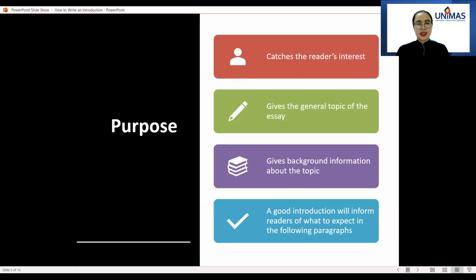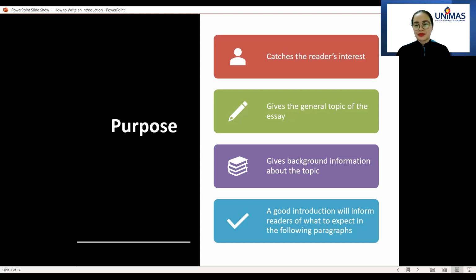Okay, before we go further, it's good to know the purpose of an introduction paragraph. Why can't we just go straight to our body paragraphs? Why must we introduce our essay to the reader? There are four main purposes of writing an introduction paragraph. Firstly, it is to catch your reader's interest so that they will continue to read your essay. Secondly, it gives the general idea or general topic of the essay so that the audience know what to expect